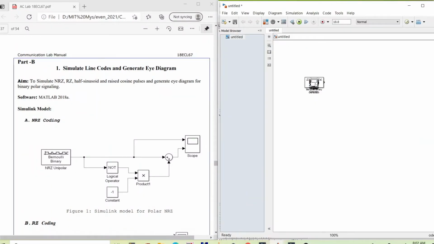Now we need to interconnect the blocks and configure them. I had chosen two constants. Let me delete one. First, we need to arrange these blocks in the same manner as given in the block diagram.